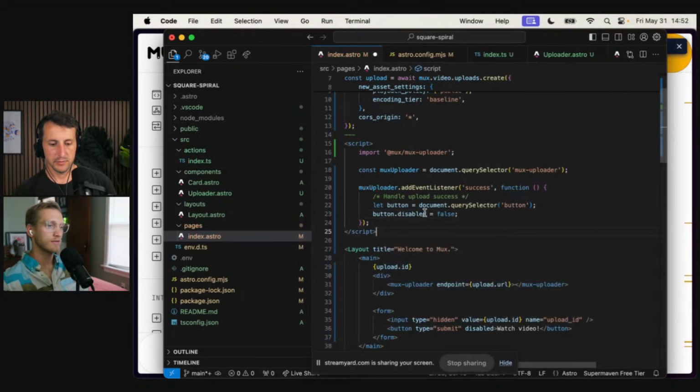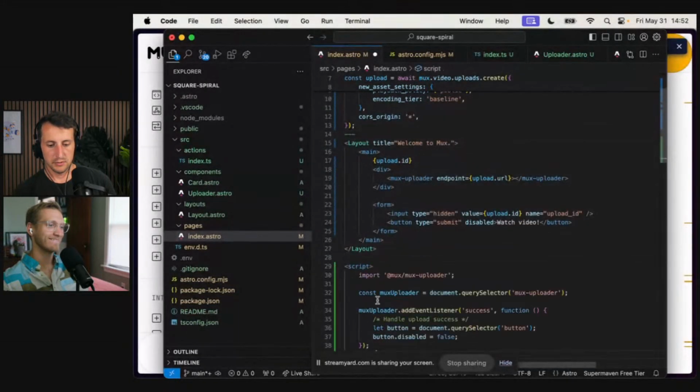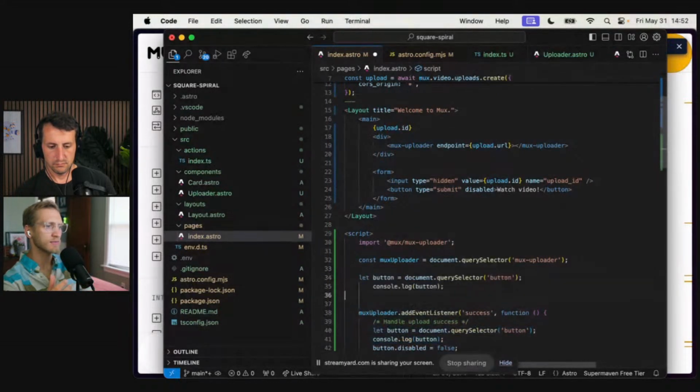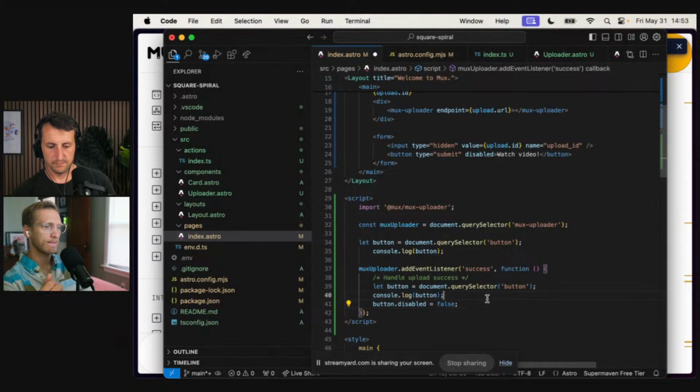Nice. Oh, man, see, look, this is why we have robots. I'll put that here. Button disabled is false. Is this going to work the way we expect it to? Watch video. Yeah, we're going to find out real fast. We should probably console log to see if the query selector succeeded. In like line 33 or something. Not even on success, maybe just see if we're even capturing Mux Uploader, see if this code's even shipping to the client. I was thinking something in like line 33. Okay.